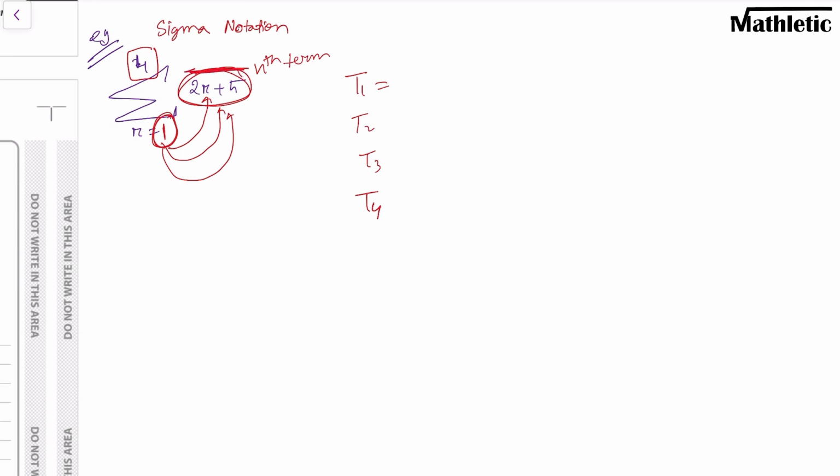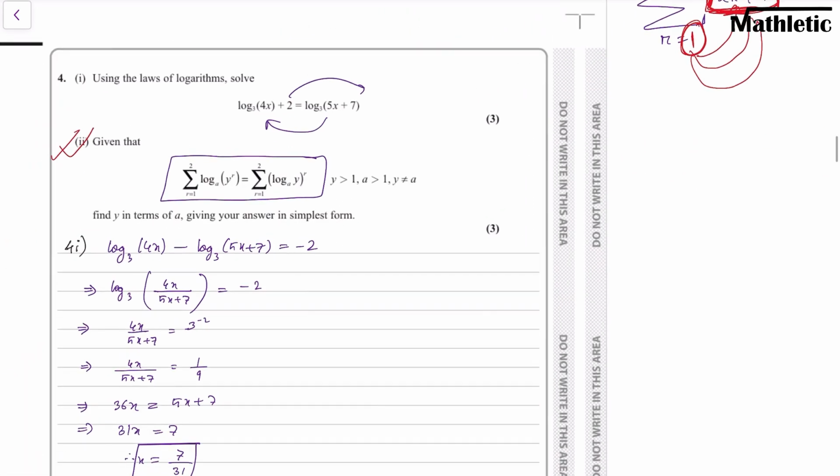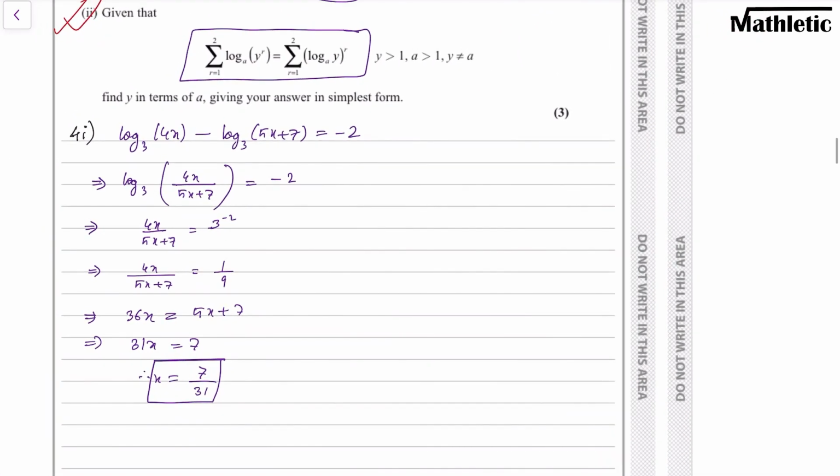So the main idea is that whatever we have here, you just replace the value of r to get the individual terms and then add those values to get the sum. So this one,